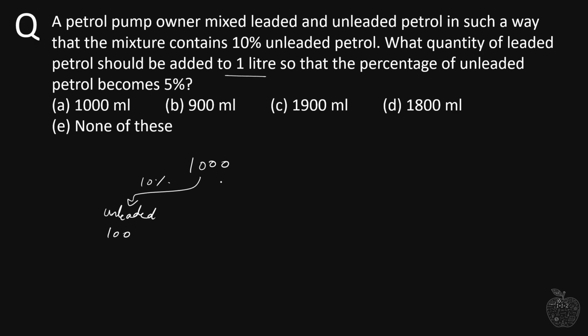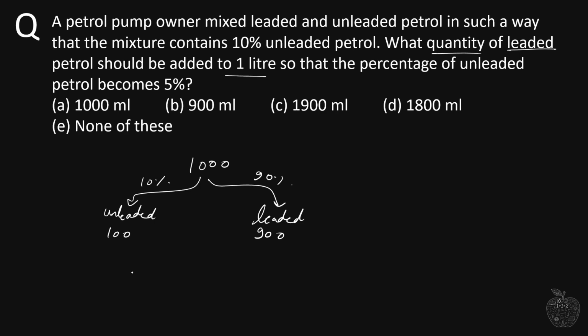Alright, so if 10% is unleaded petrol, that means we have 90% of leaded petrol, and 90% of 1000 is 900. So this much is clear. What quantity of leaded petrol should be added to 1 liter so that the percentage of unleaded petrol becomes 5%? So what quantity of